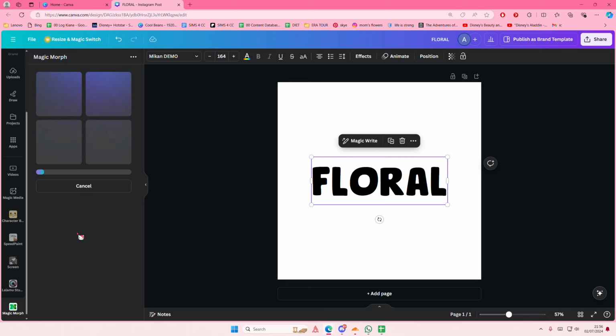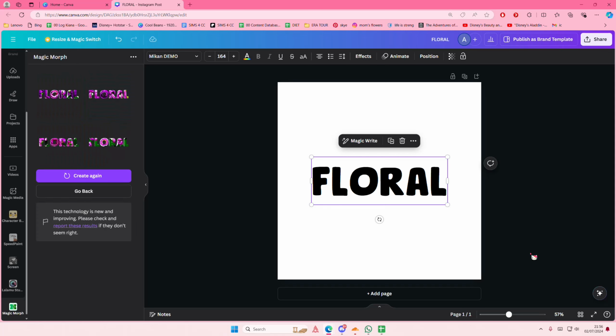It does take a few seconds to load, so just be patient with it. It's just going to create a really cool text effect. You can also do this with elements as well, so just keep that in mind. Just waiting and waiting. Okay, never mind. I was about to pause it, but here I'm just going to select the one that I